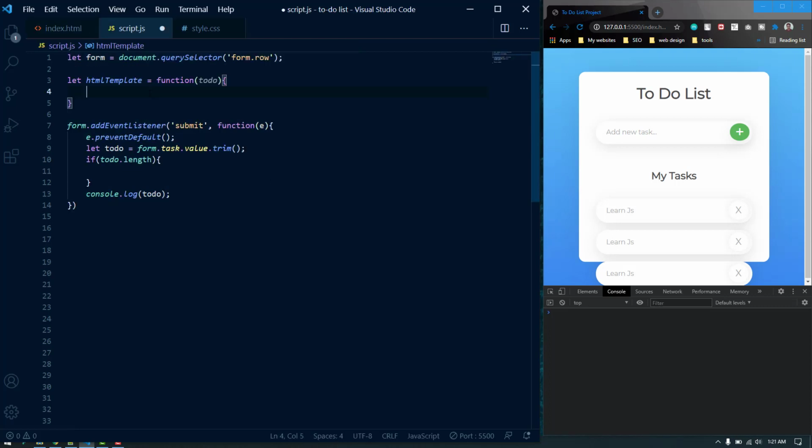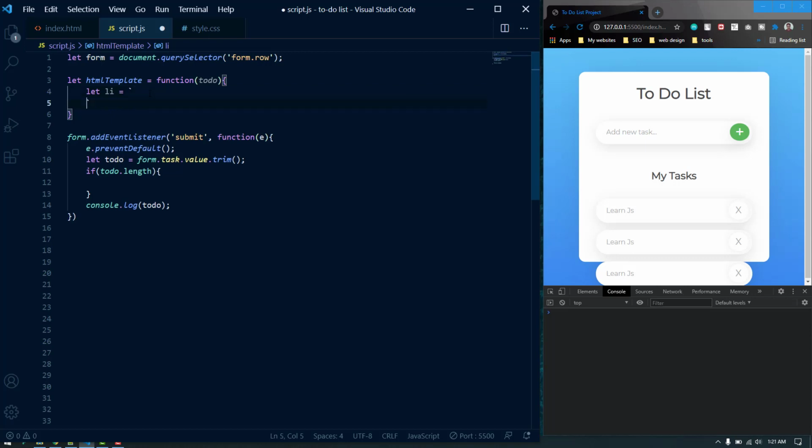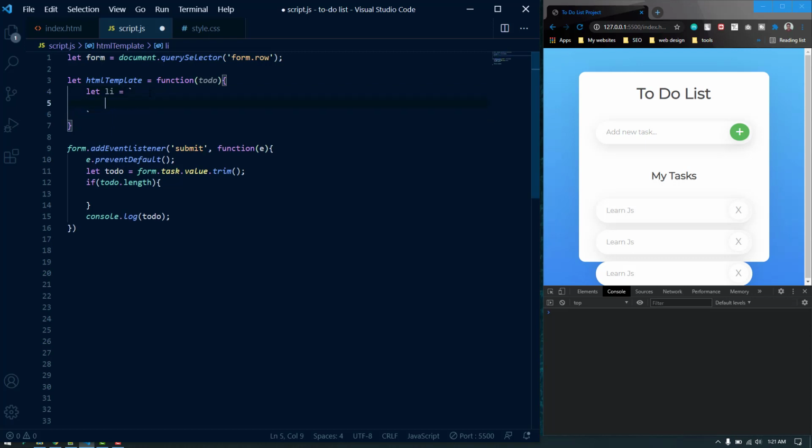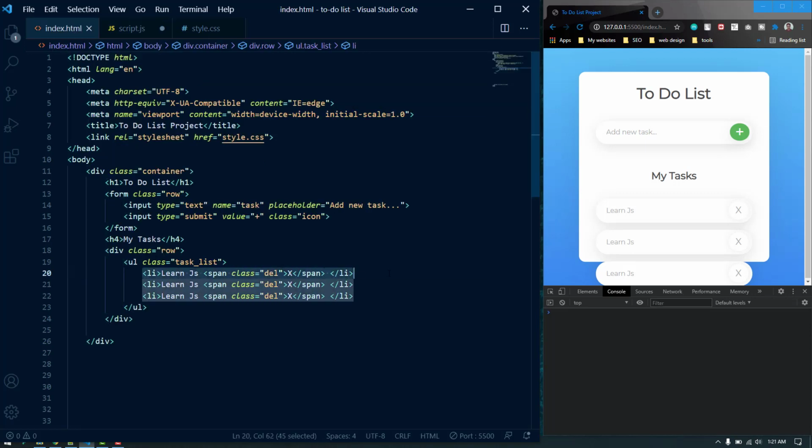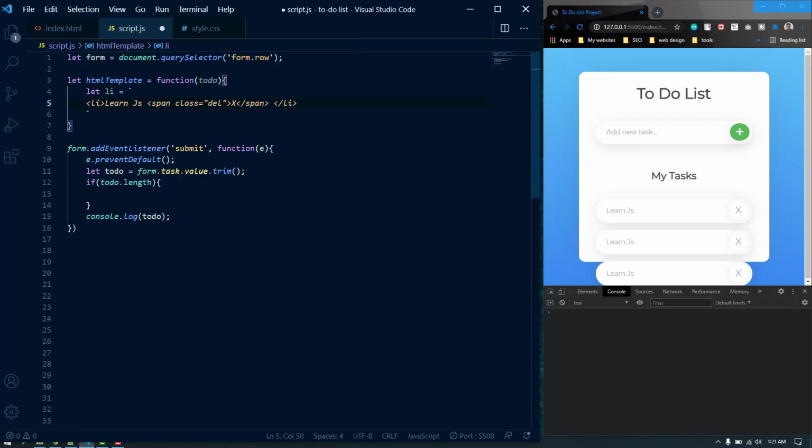So let's do that, and I'm going to add a variable and we are going to use the backticks. The advantage of using backticks is that we can directly input the variables. Let me show you how this works, but before that let's copy a list item from here, because we are going to create the list item and push it inside the unordered list. So this is it.